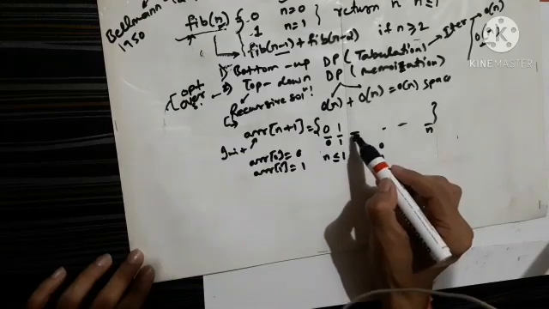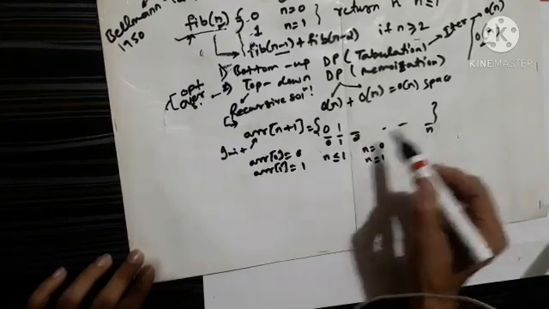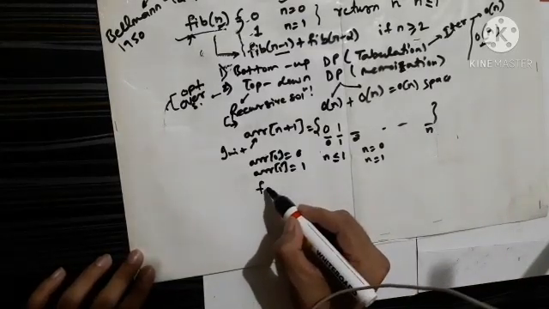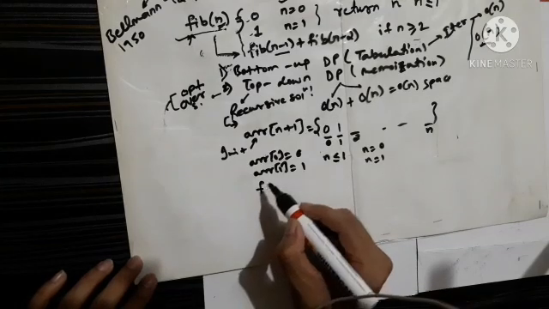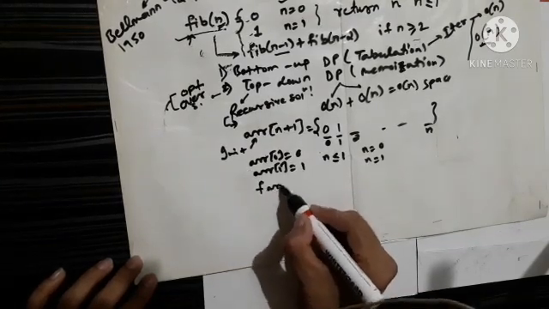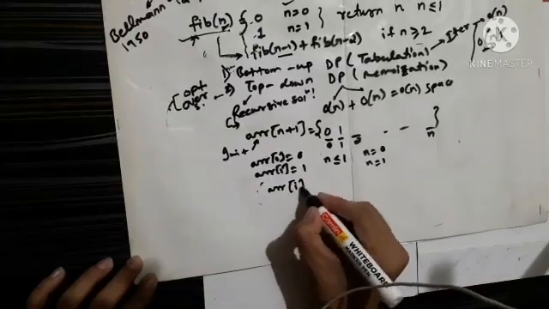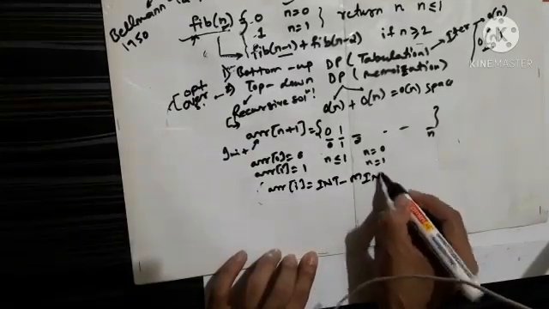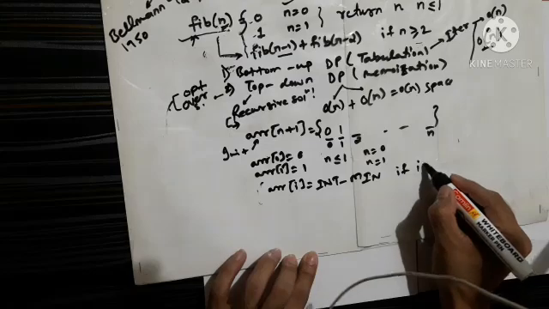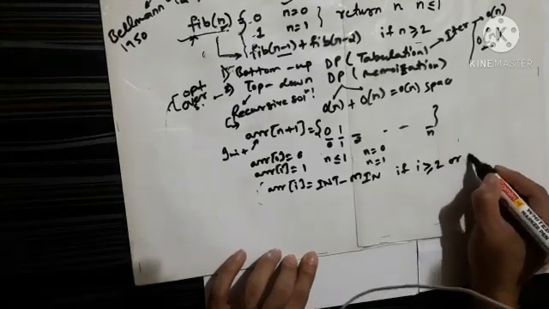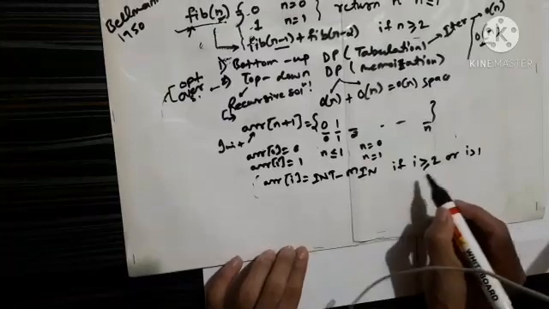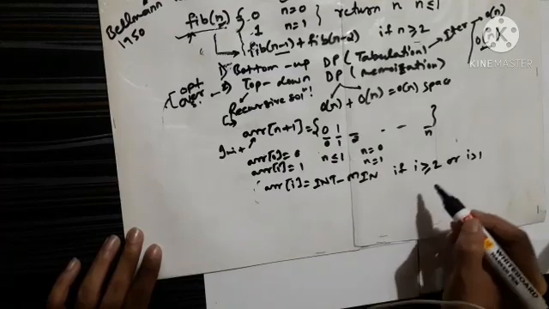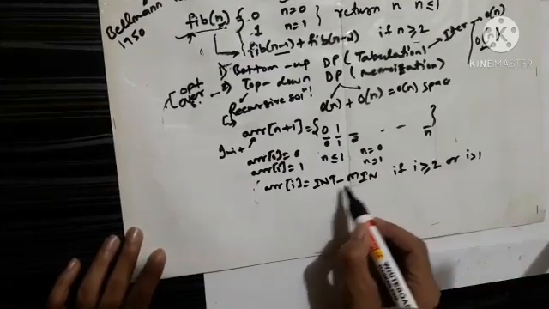Now for 2 onwards till the last index, let us initialize array of i. You can say int min, or you can write anything that you want here. If i is greater than or equal to 2, or you can also write i is greater than 1, then I have to initialize it with int min, or anything you can write.